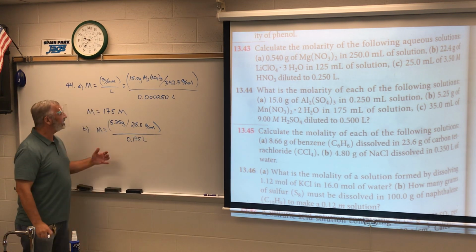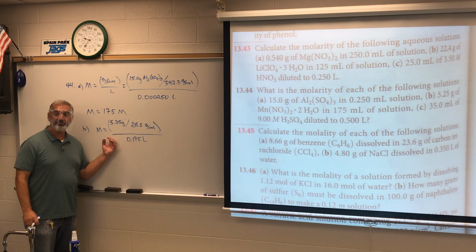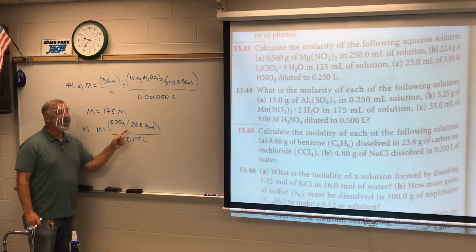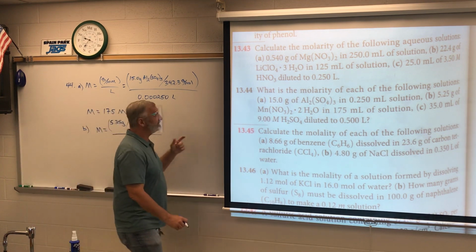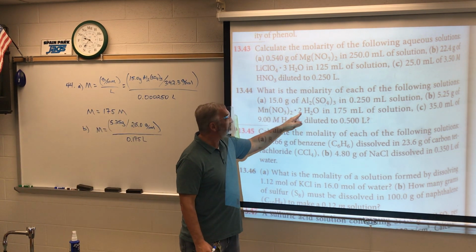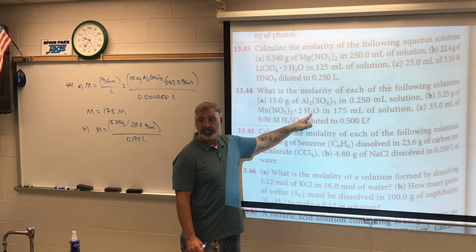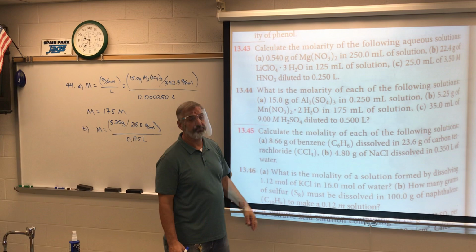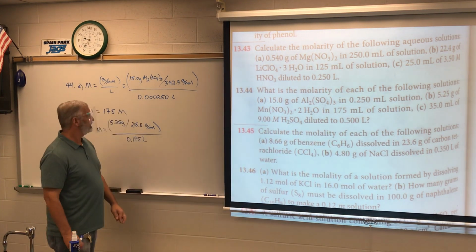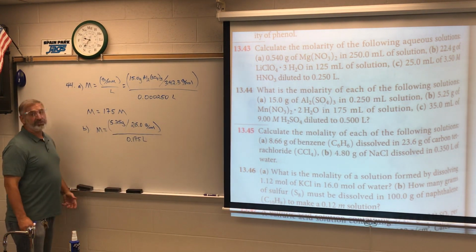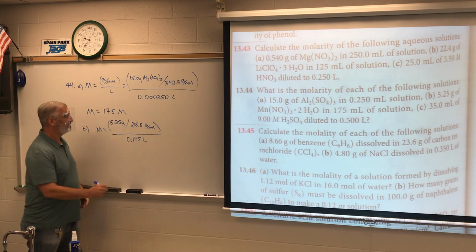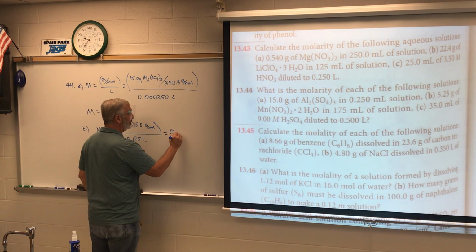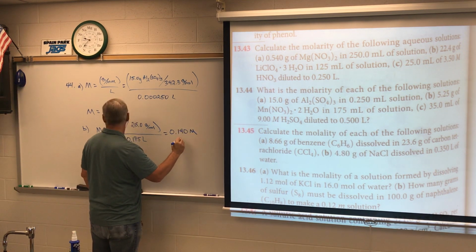Okay, so the only thing that I really wanted to point out that I totally screwed up was calculating the molar mass of a hydrate. We add the water, so it's the 178 plus 2 times 18.02. So you add that all in. All right, so what does this all come out to? 0.140 molar, and that is